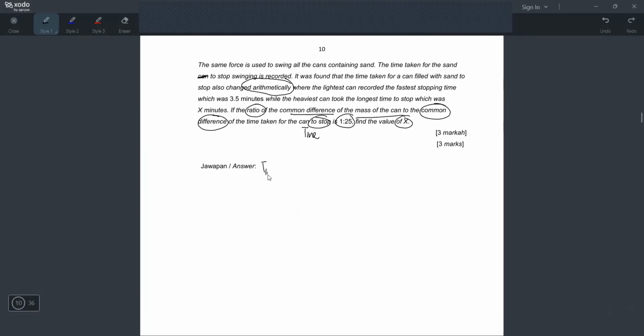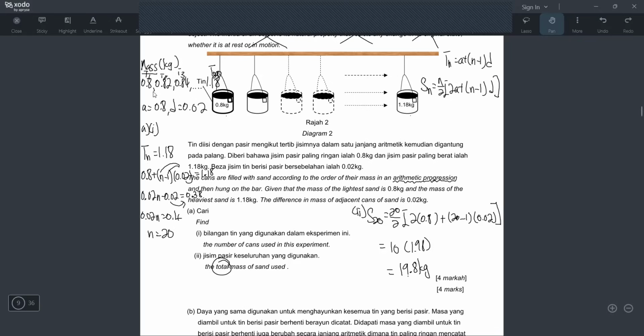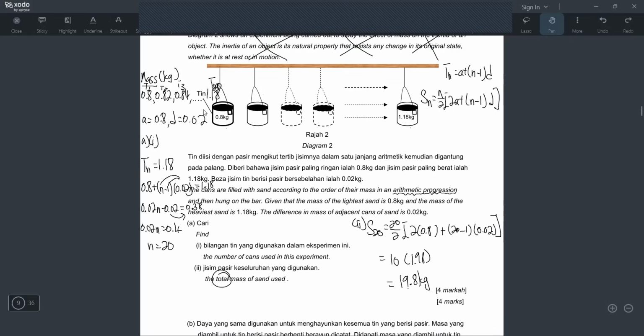Okay, so this is time taken for the can to stop, right? Because you push the can, right? So imagine if the can mass is 0.8 kg and you push, right? What happens here is the can will move forward, but it will stop, right? But the time taken to stop will be faster compared,